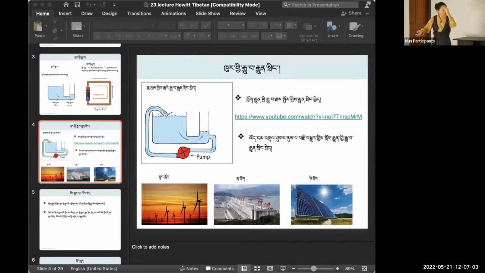And how strong the pump is, we describe by how many volts it